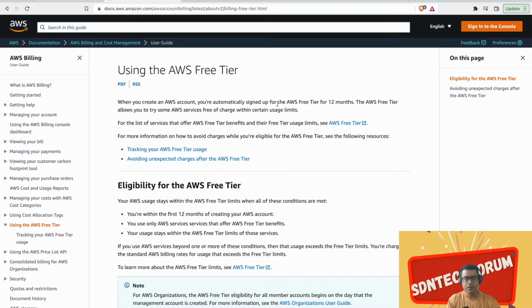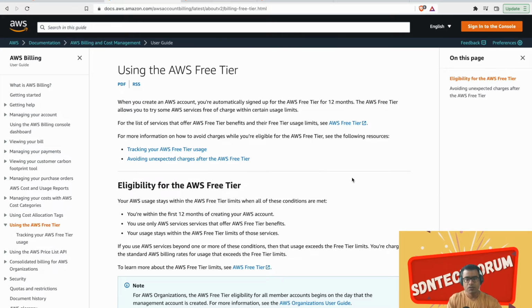Every Free Tier gives you certain resources and certain limits for those resources, and we will touch base on that. What are those resources and what is their limit? They call it the AWS Free Tier limit. This limit is pretty generous for anyone who wants to explore the services, and as and when you are ready to consume it for your businesses, then probably you should go and check what it will cost by using the AWS price calculator, and we will talk about that in upcoming videos.